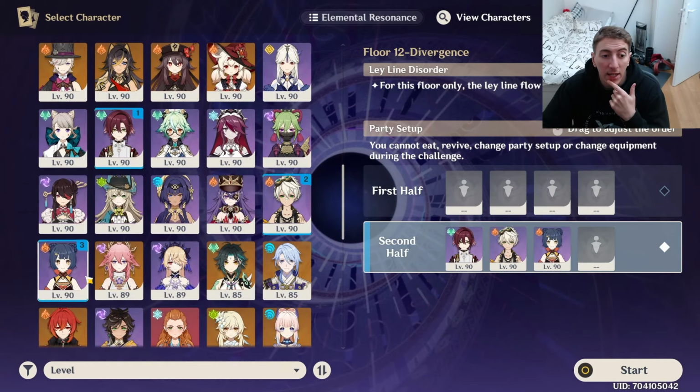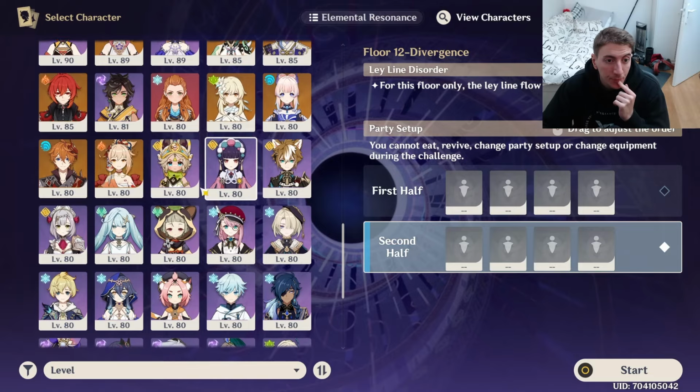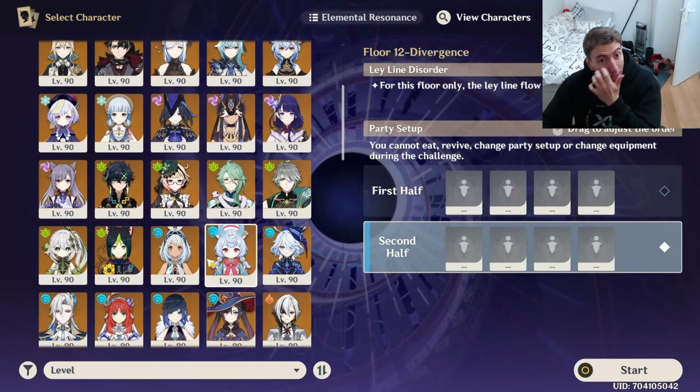Hazel. I use Hazel, Bennett, Xiangling. It worked very good with Faruzan. Yoimiya should work pretty good second half as well. And then Hyperbloom in general also works decently well second half. Now, first half,